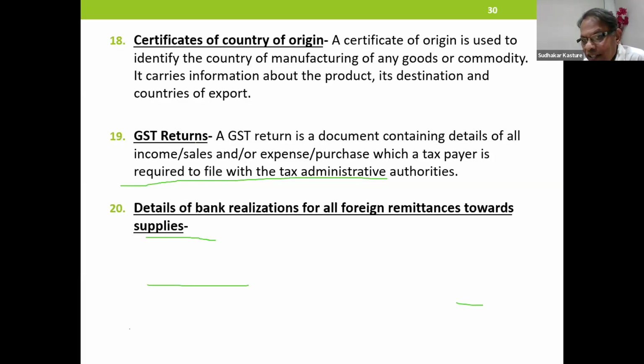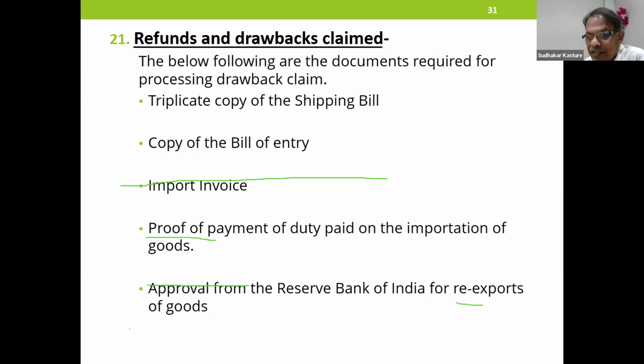Certificates of country of origin if you are taking FTA benefits. GST returns is a document containing details of all income, sales and expense purchases which a taxpayer is required to file. Details of bank realizations for all foreign remittances towards supplies. Refunds and drawbacks claimed, how you have claimed it.